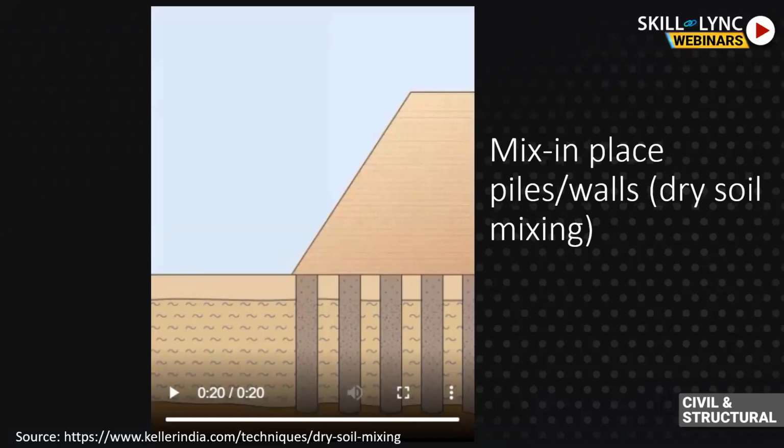And it also provides volume stability when the admixtures are used. That is, it can be used to change the expansive nature of clays, like reducing swell and controlling shrinkage. And it can also be used to reduce the erodibility. Cement and lime can bind the soil particles together and prevent them from getting eroded, even when the water table rises or falls, or the water flows through the soil. It can also be used for permeability control and also for dust control.